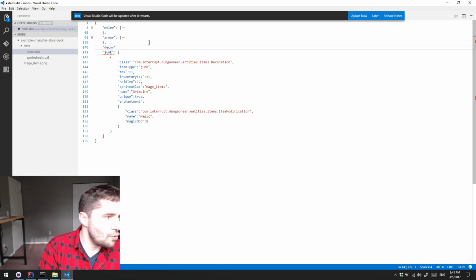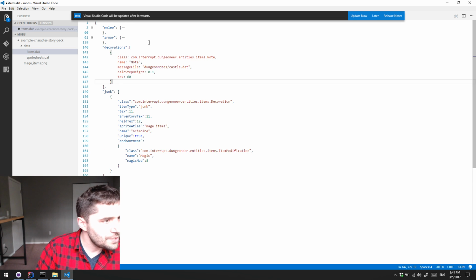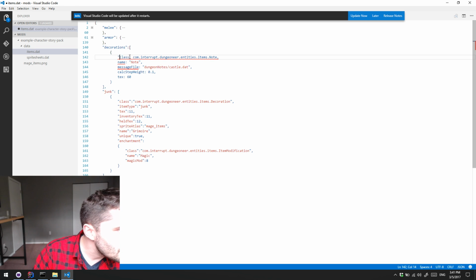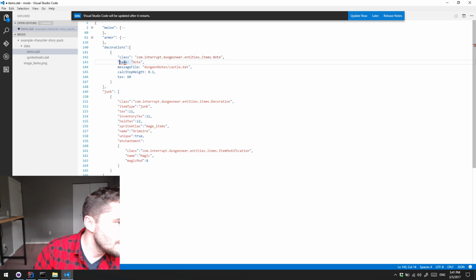So decorations, and that is a list. And let's just make this just a note. Let me go ahead and tidy this up. Unfortunately, the stuff we've been shipping isn't standards compliant JSON, so that's not super great. So if we wanted to have a message file,